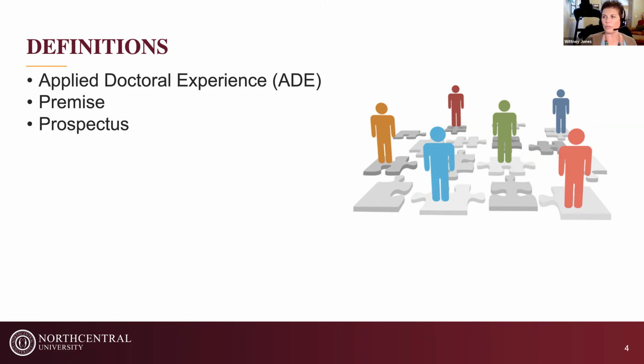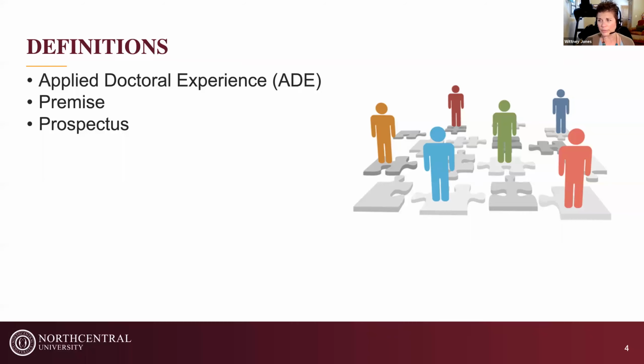This is one of 2 deliverables that you will produce in DHA 7013. The prospectus is just a little bit more involved than the premise. It is going to be a well-organized document that clearly outlines your proposed project. It serves as a foundational plan and agreement between you and your chair of your committee, and will guide your